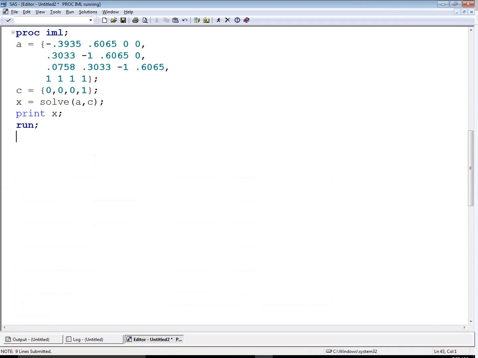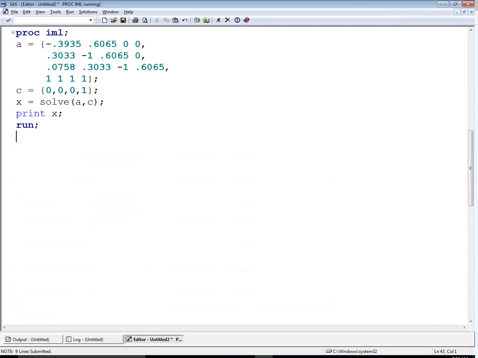Remember, our equation was pi 1 equals 0.6 times pi 1 plus and so on. So we actually had pi 1 on both sides of the equation, so we have to fix that. If we subtract pi 1 from both sides, now we have basically 0 equals negative 0.3935 pi 1 plus 0.6065 pi 2 plus 0 pi 3 plus 0 pi 4. Does that make sense? Incidentally, I say 0 equals all that. If you go down and look at the C equals, the first term of that is 0.